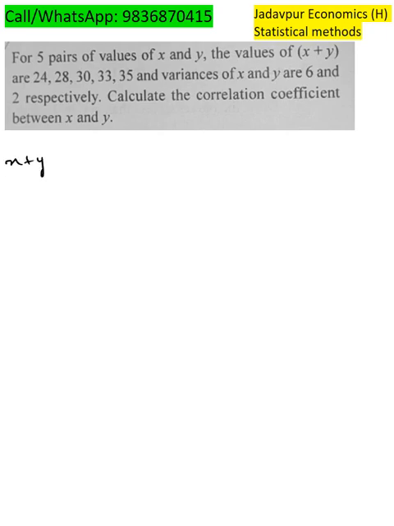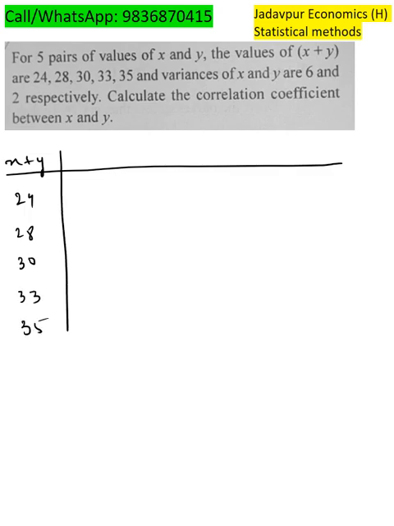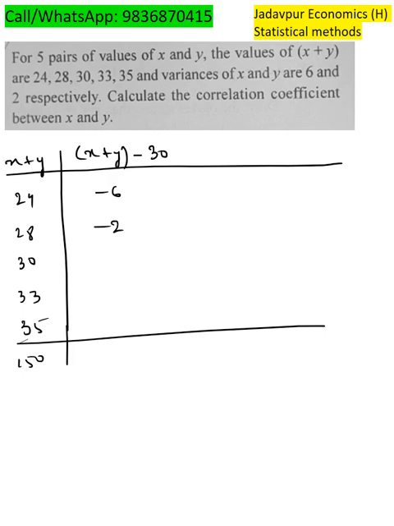So x plus y, the values are given as 24, 28, 30, 33, 35. So we are given 5 observations. So summation of this is 150. So x plus y minus 30, the observations become minus 6, minus 2, 0, 3 and 5. So summation of this becomes 0, and now x plus y